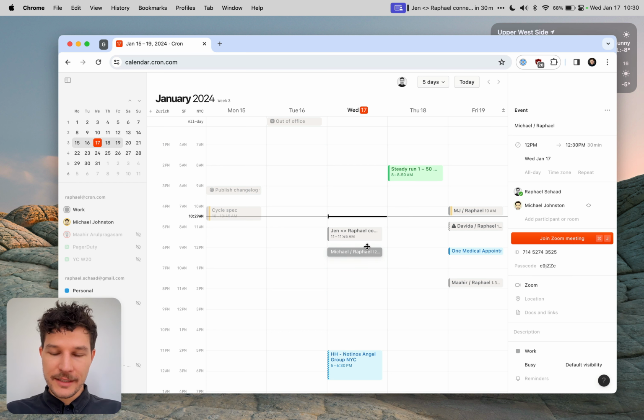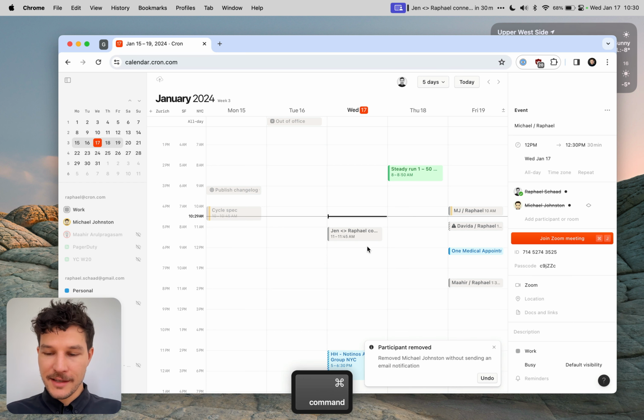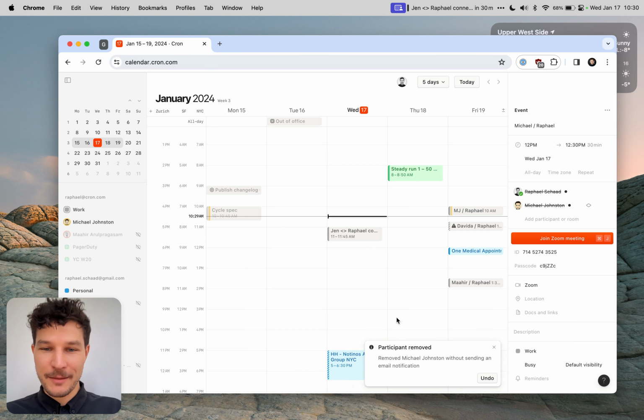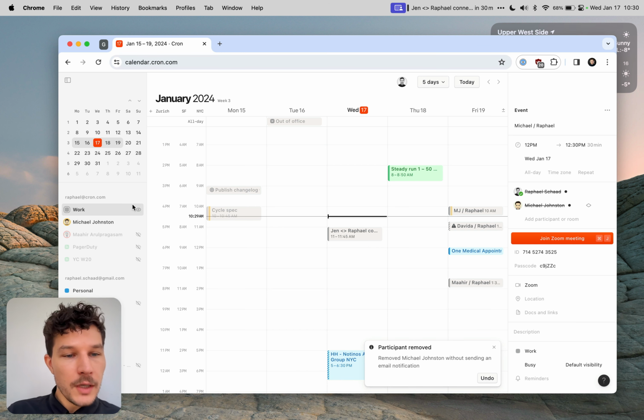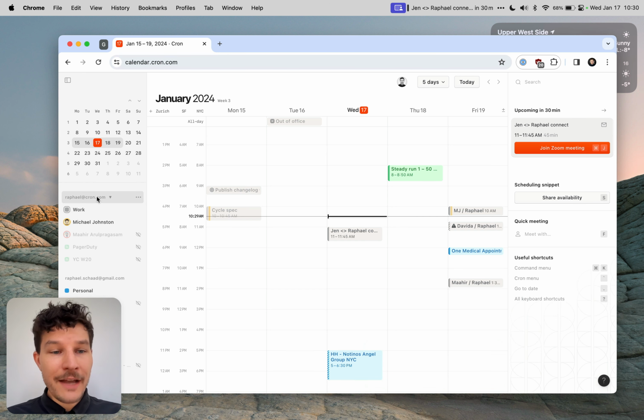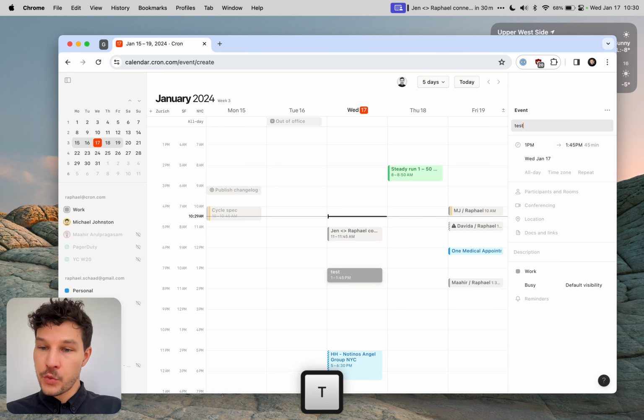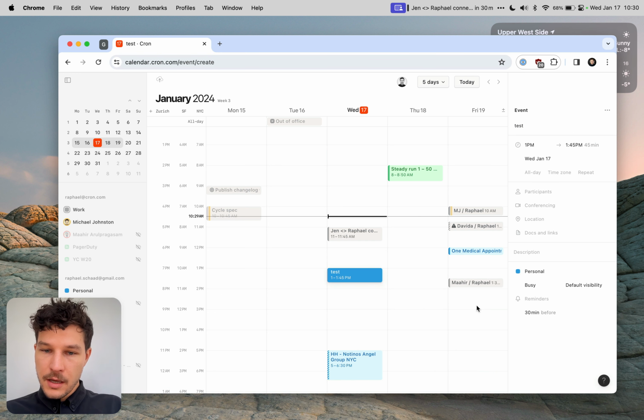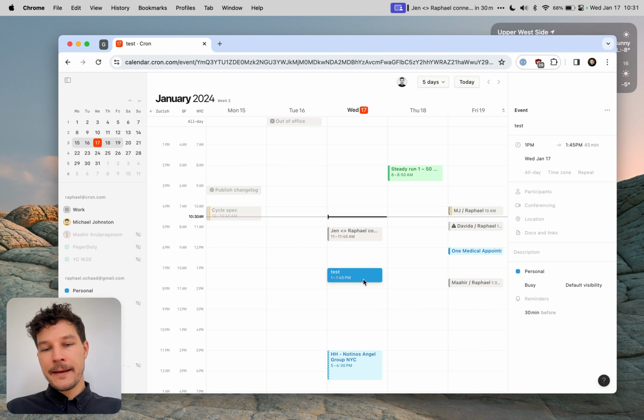So deleting this here with Shift Command delete to not send an email notification to this person. Let's move here to the left hand side. I have multiple accounts connected to Cron, and this makes it extremely powerful to have everything in one view, but also to move events between calendars flawlessly, and always ensure that we send the email updates from the correct